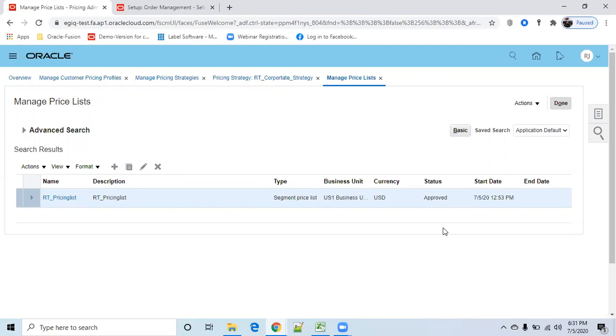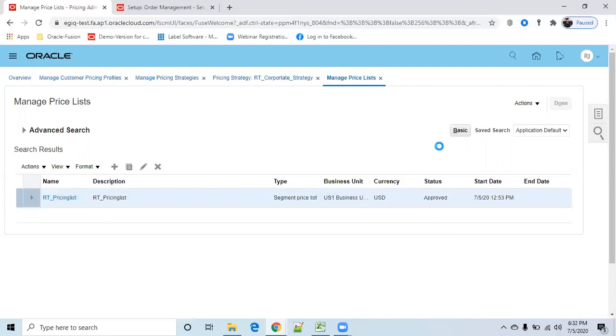If I select any specific item of the category item equipment, and under item equipment I have 100 items, whichever item I select in the order, what price will the system display? 50. 50 USD is the value of one quantity. So this is the way you have to create your pricing list.